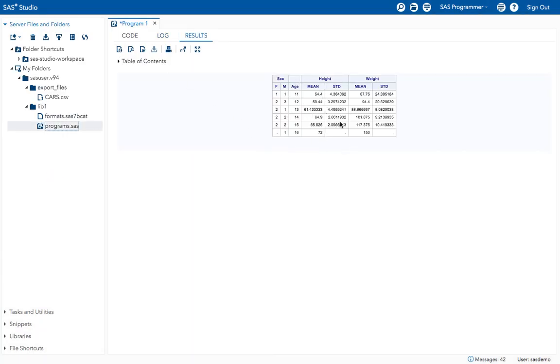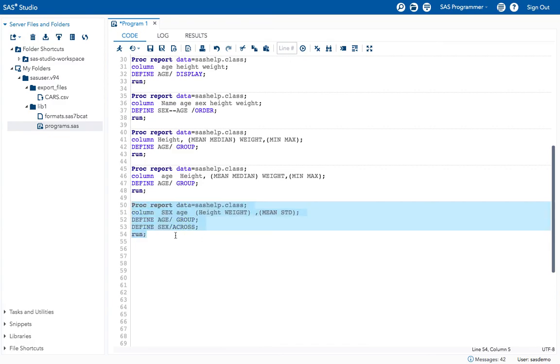What happened now? For the across option, I got both male and female values printed in the same dimension. Earlier I got first the female values, and then on the down I got the male values, right? If I do it like this now, I get how many female members are present in the 11 age group, and I got the mean and standard deviation for them, and how many female members are present in the 12 age group. Like this we can get the data by using the across option.